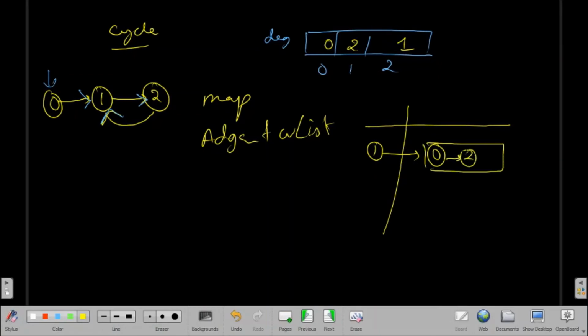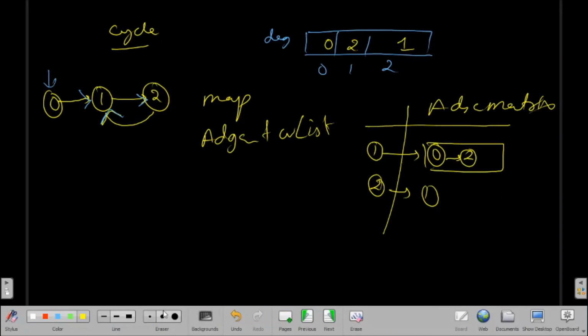And for completing course 2 I have only 1 prerequisite, that is 1. So this is my adjacency list, right?